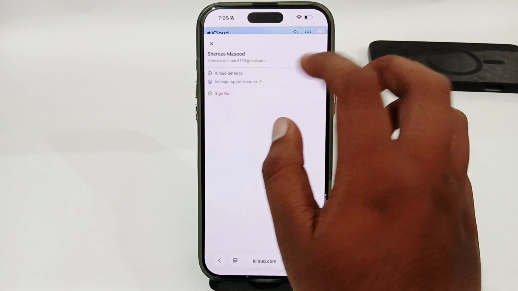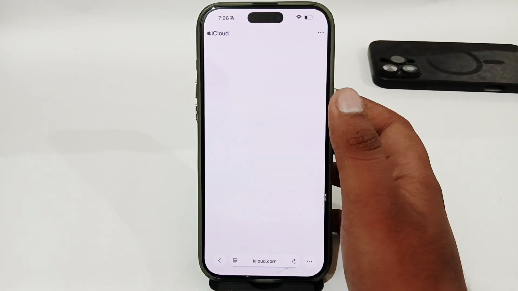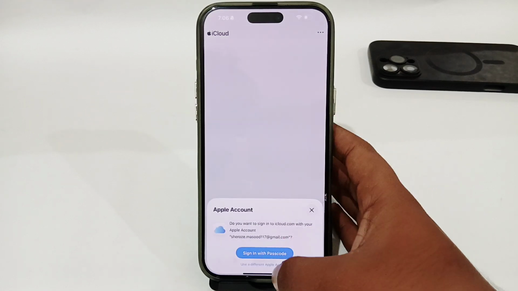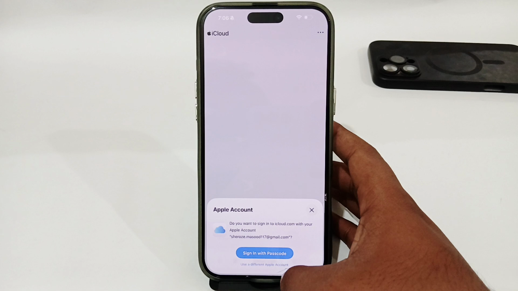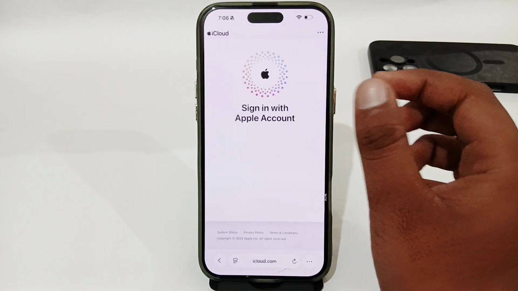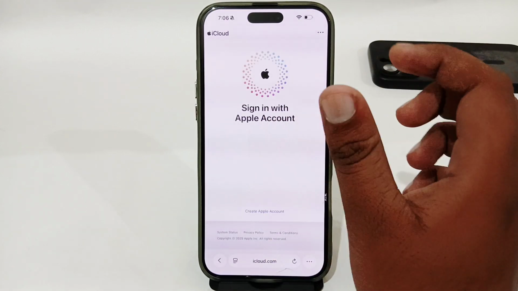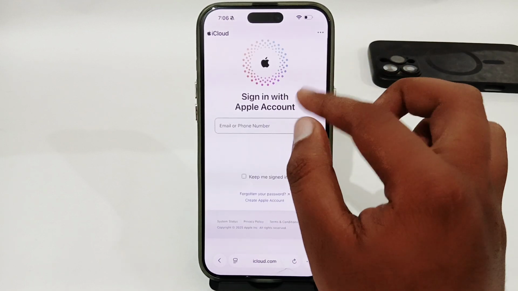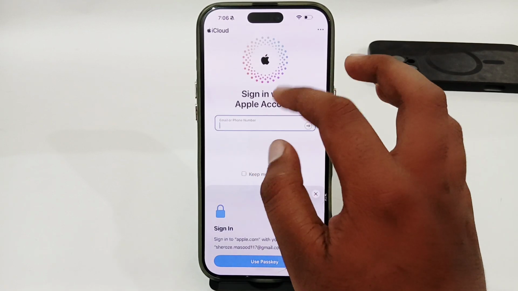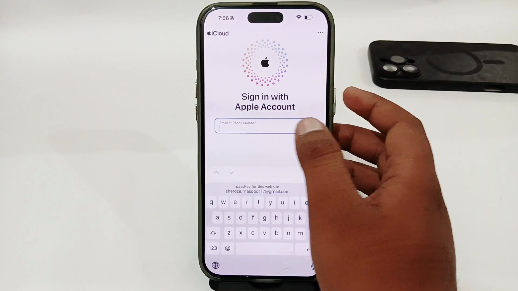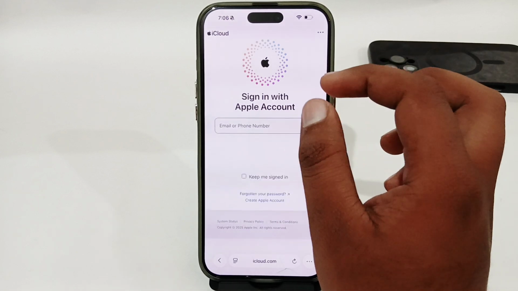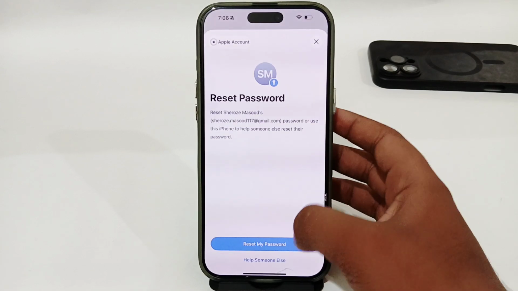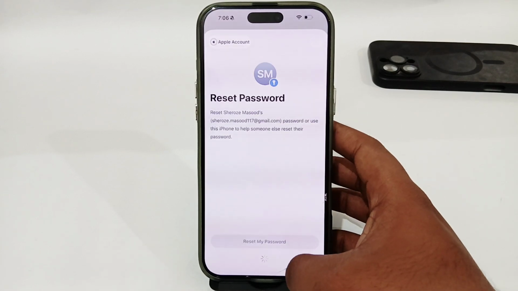So let's see how you can easily fix that issue. Here you have to tap on the sign in, and here you have to sign in or use a different Apple account. If your Apple account isn't logged in, you have to log in. Go to your login page here, and if you remember your phone number, enter your phone number here, or if you haven't remembered your phone number or email, you have to tap on this forgotten your password option, and here tap on help someone else,